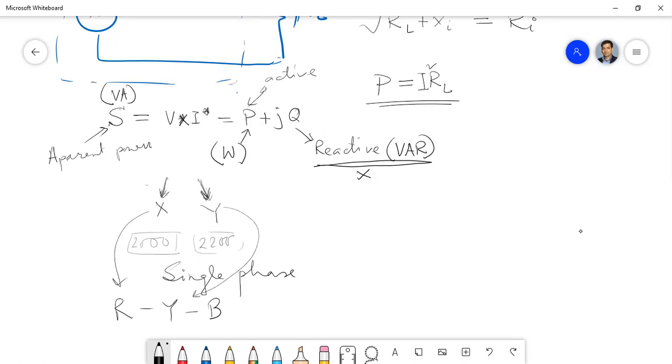Got my point? And as you are ensuring that both consumers have the same amount of load, that means the nature of the loads is the same. That means if one uses a fluorescent lamp, the other also uses a fluorescent lamp at that time; if one uses a refrigerator of some wattage, the other also uses a refrigerator of the same wattage.